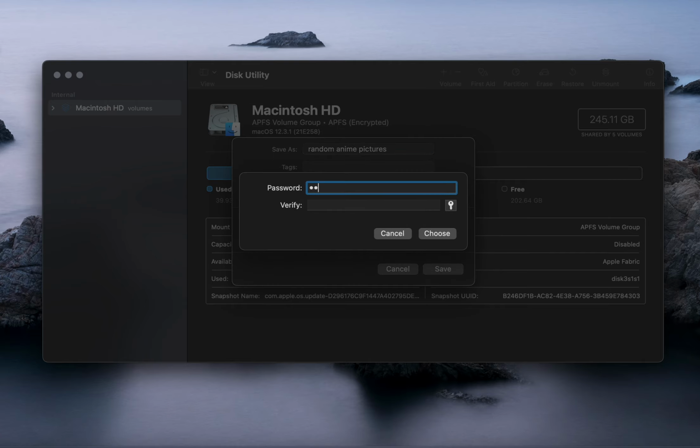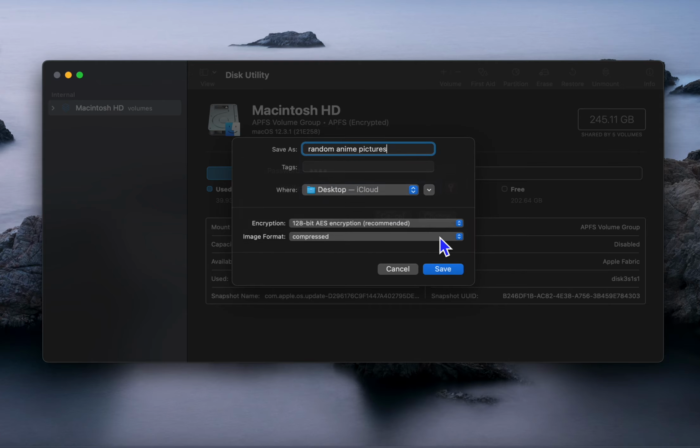Then you go there, and there, messed up, my bad. So 1 2 3 4, 1 2 3 4, and once you got your password all figured out, you press choose, and then once everything is done, image format, you want to press save,